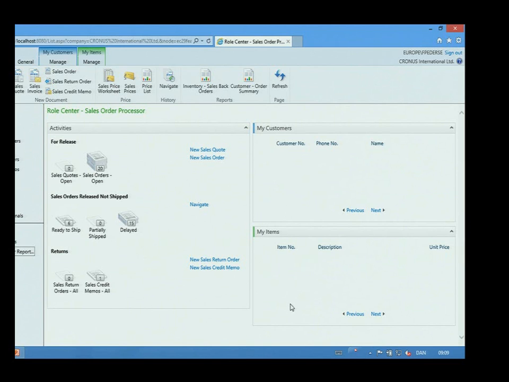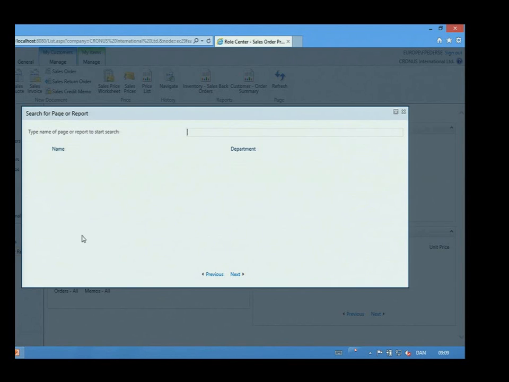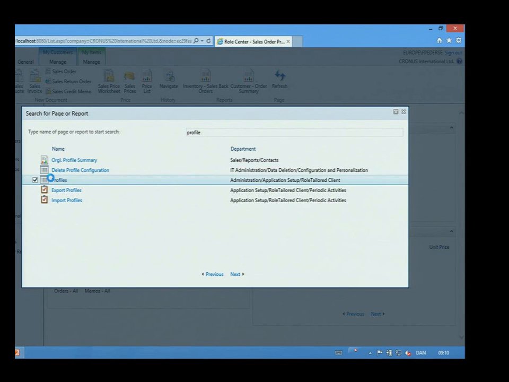But to be able to put in an extra layer on this, I've just noticed that you can see here up in the role center that it's sales order processor. But Linda, she's not the sales order processor. She's the resource manager. Okay. Then I'll go in and change the profile. And you can see it's almost the same as the RTC client. It's pretty easy